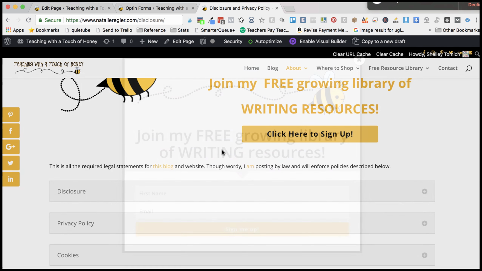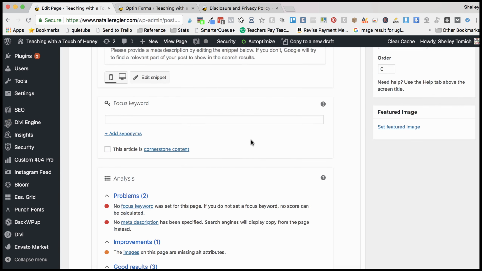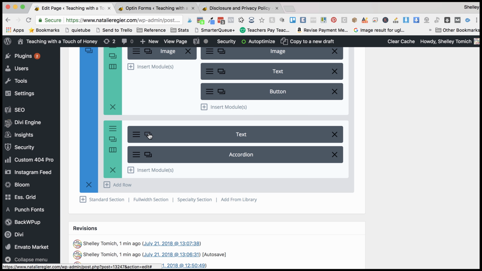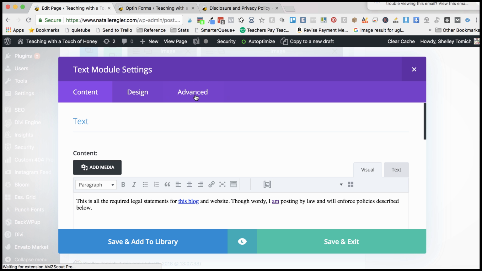Now, the reason why we go ahead and add a fake link is because people wouldn't know to click otherwise. That says, hey, click here for something. So that's something you have to be really careful about with this way of doing it. If you didn't want the whole paragraph or you had something else you needed a link to, go ahead and add another text module and make sure you take out the class. So for example, if I'm on the back end here and I added it to this text module, I would go ahead and duplicate the text module,